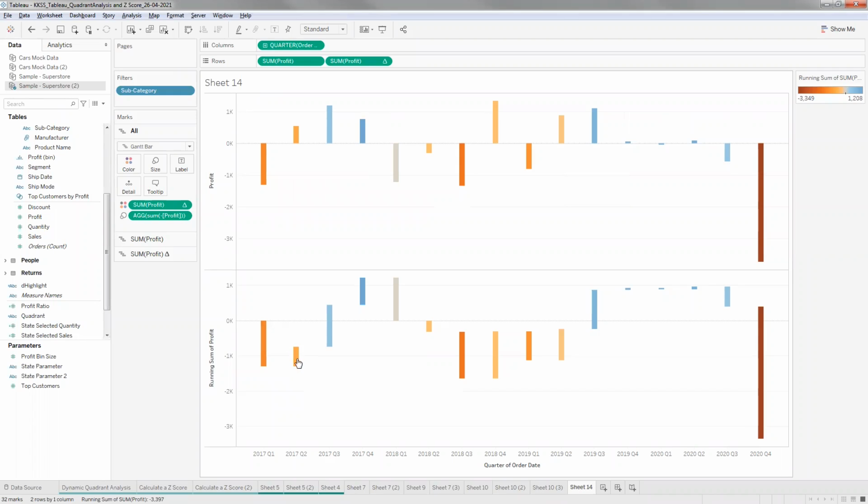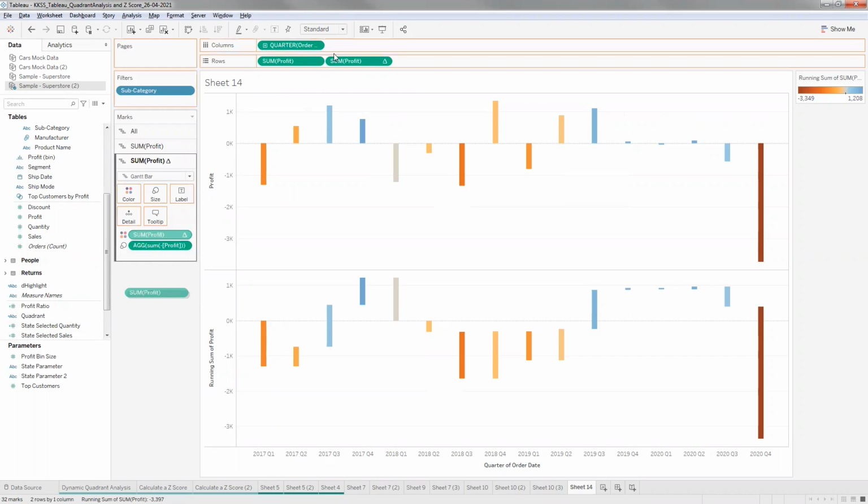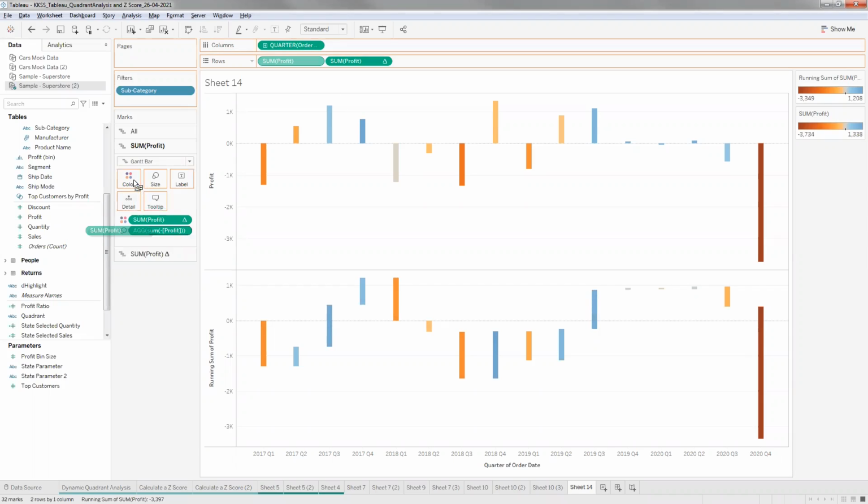Actually, just some coloring difference. I need to color this with the right field, and here as well, I guess. Right, so loss in red, and profit in blue. So this is my loss I've made in the first quarter, and in the second quarter I've